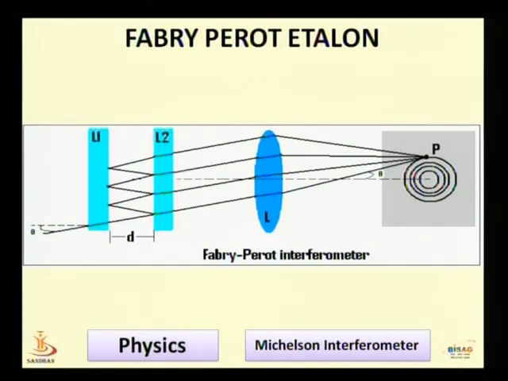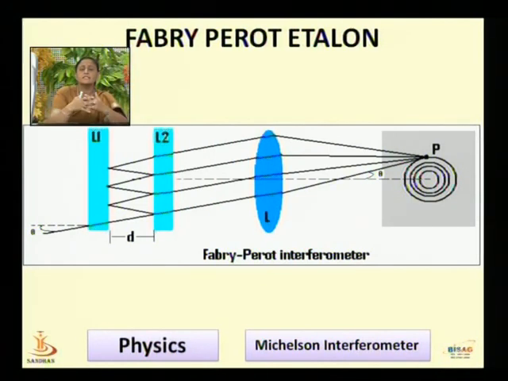Why do we call it an etalon, or which part of this interferometer is known as the etalon? The assembly of the two lenses L1 and L2 together, which are fixed at a particular distance. We can call it D, or whatever we want, we can keep it as a constant, and this assembly of the two lenses coated heavily on the front faces and kept at a small distance apart is known as the etalon.